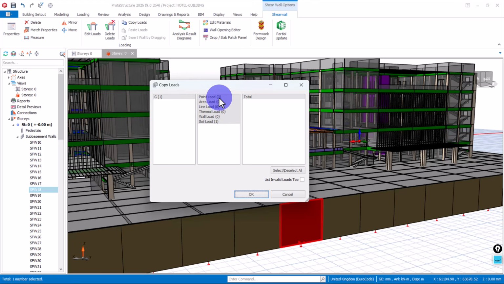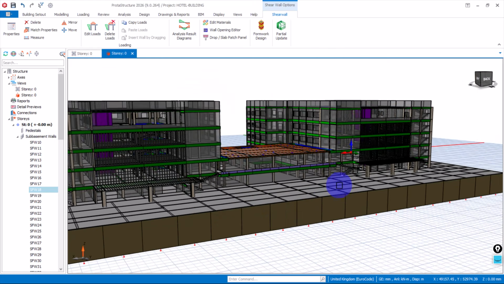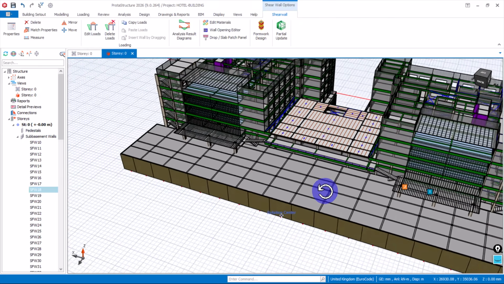You can see that among all the loads here, point load 0, area load 0, line load 0, terminal load 0, wall load 0, but soil load 1, because there is a soil load added to it. I'll come and say yes, copy that. Then once I've copied that, now to paste this on all the basement walls,